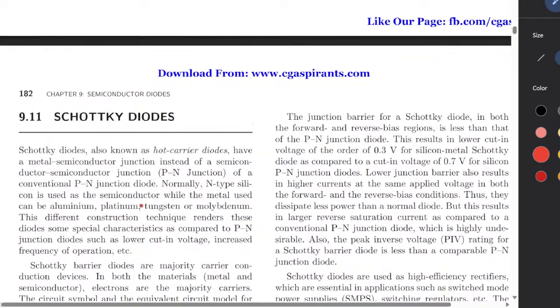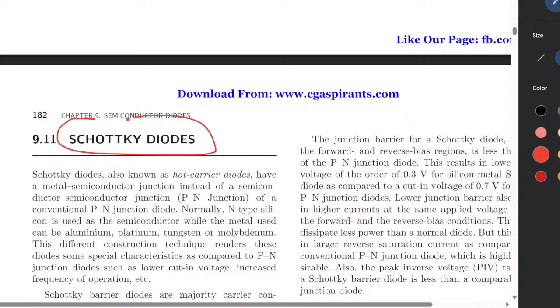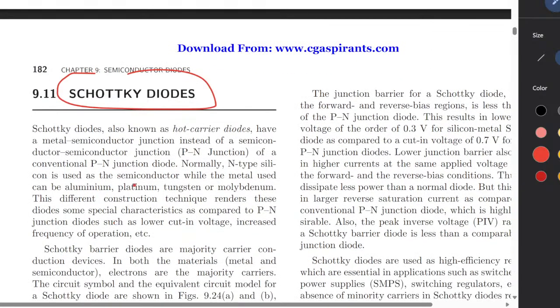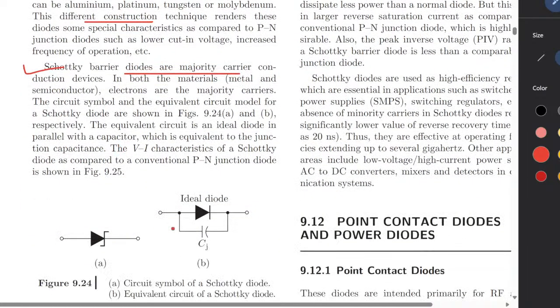Schottky diode, also known as hot carrier diode, has a metal-semiconductor junction instead of a semiconductor-semiconductor junction. Normally n-type silicon is used as the semiconductor, and the metals used are aluminum, platinum, and tungsten. So a Schottky diode is a metal-semiconductor diode in which we use metal instead of one semiconductor. The different construction technique renders these diodes majority carrier devices, with conduction in both metal and semiconductor. The electrons are the majority carriers, and the circuit symbol is this one. Okay,